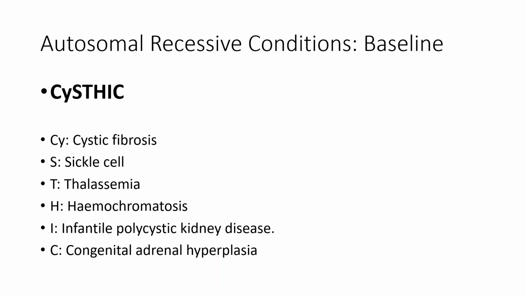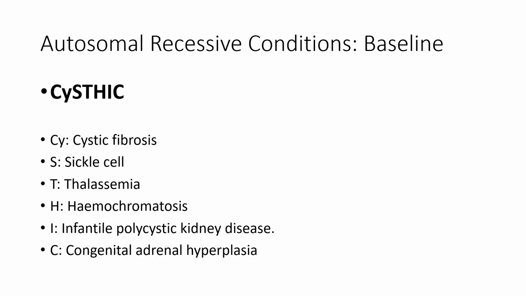In PLAB, most of the time a clinical scenario will be painted and you will be asked to determine if this is an autosomal or X-linked condition, and if it is recessive or dominant. So here are mnemonics that will help you to quickly know where any of the diseases belong. First in the list is